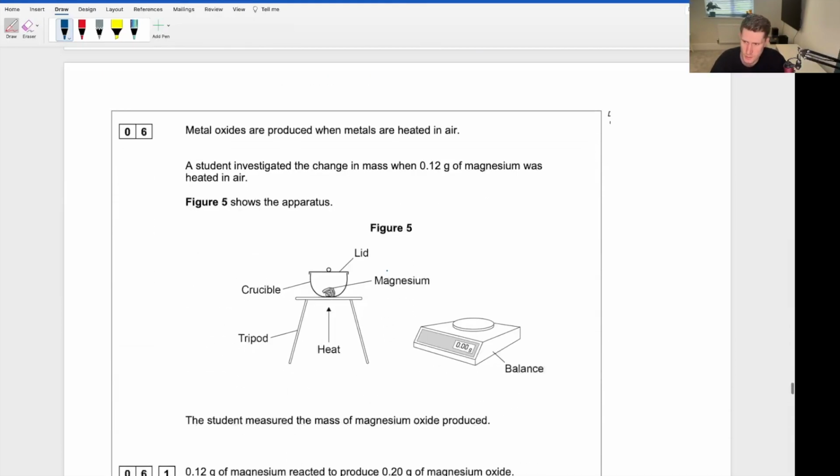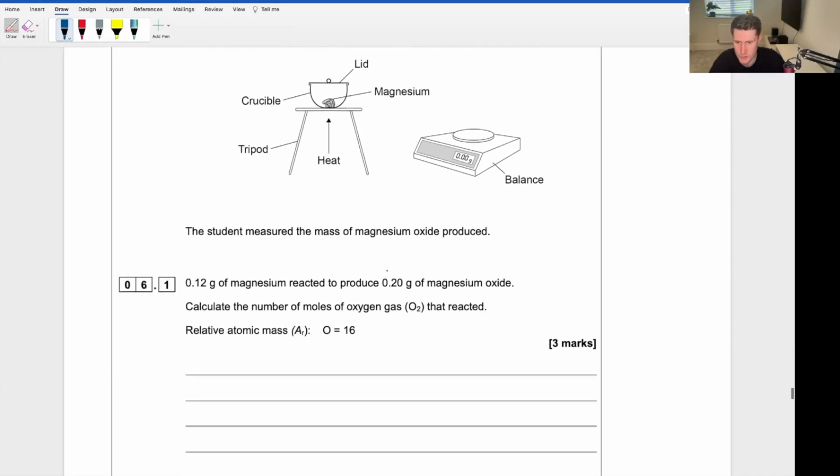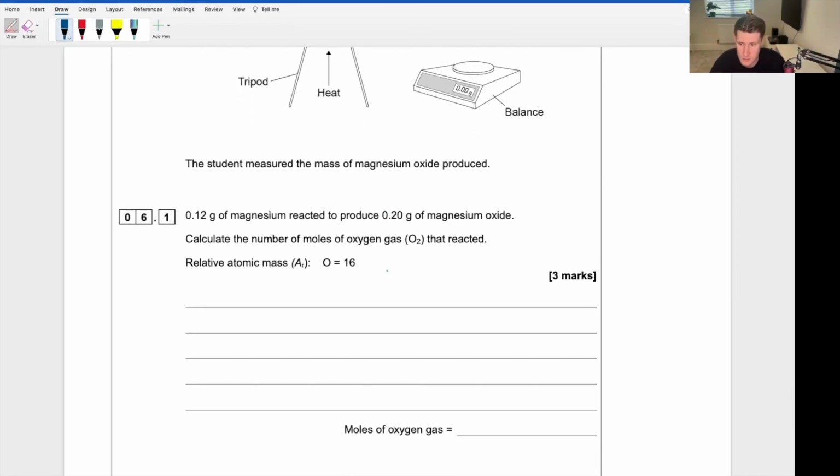Next question. So question 6, metal oxides are produced when metals are heated in air. A student investigated the change in mass when 0.12 grams of magnesium was heated in air. A student measured the mass of magnesium oxide produced. 0.12 grams of magnesium reacted to produce 0.2 grams of magnesium oxide. Calculate the number of moles of oxygen that reacted. Okay, the moles equation,